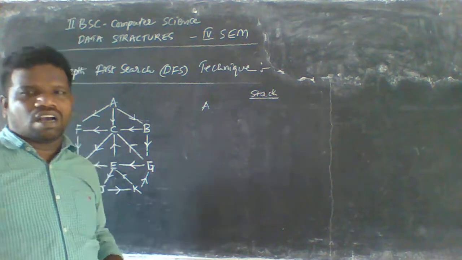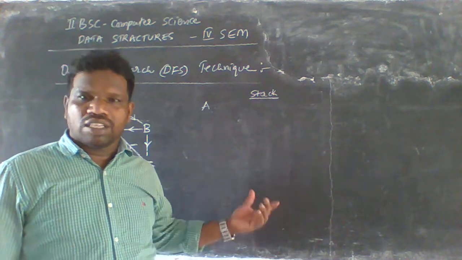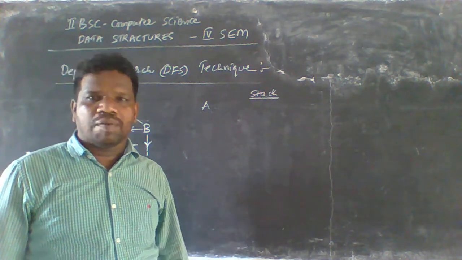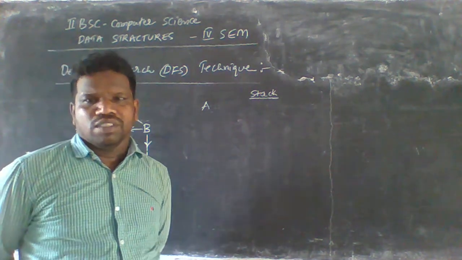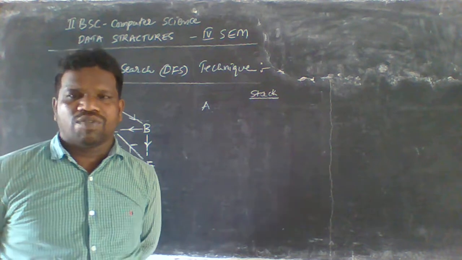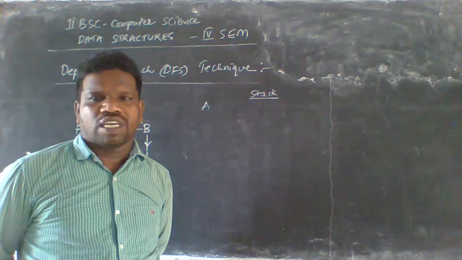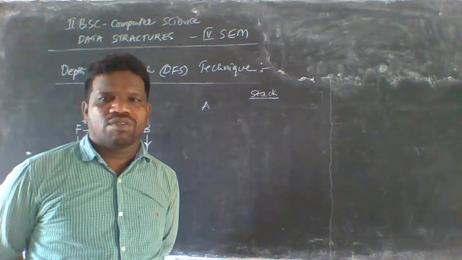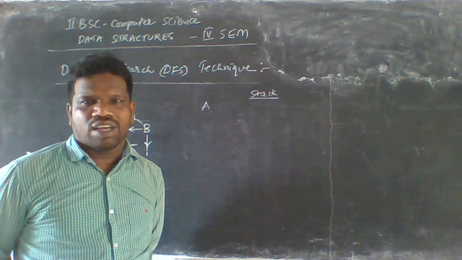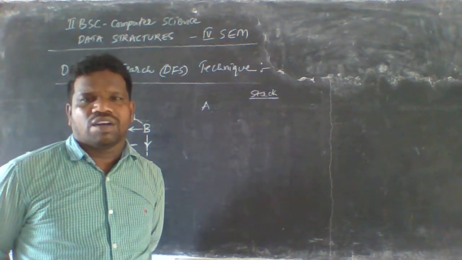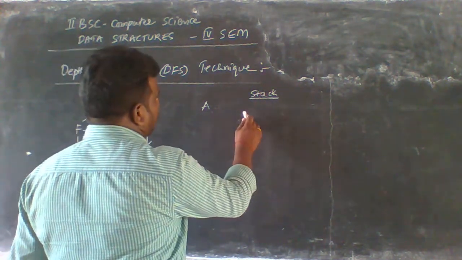In the adjacency list, similar items can be traversed many times, so repeated elements are available here. But using the graph traversal technique, we should visit an element only once, and if an element is visited again, we should not consider it. In this process we have to visit each and every node of the graph only once, and we have to see A and how many elements are available from it.